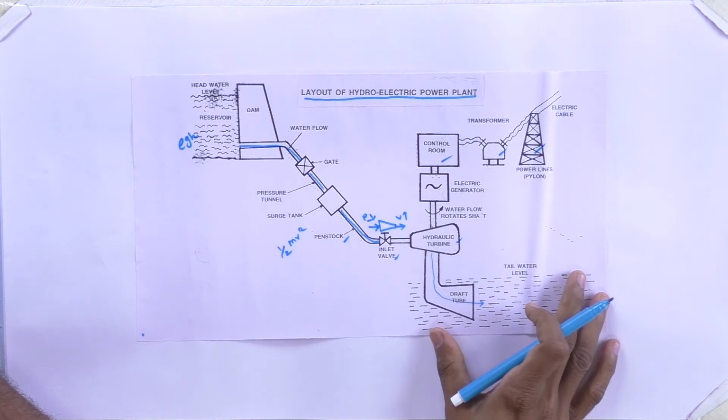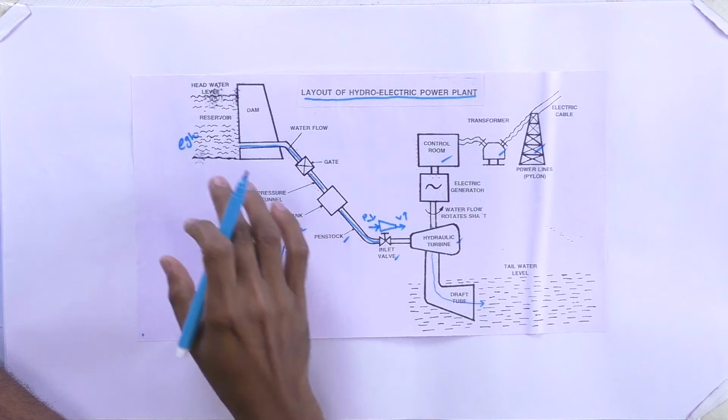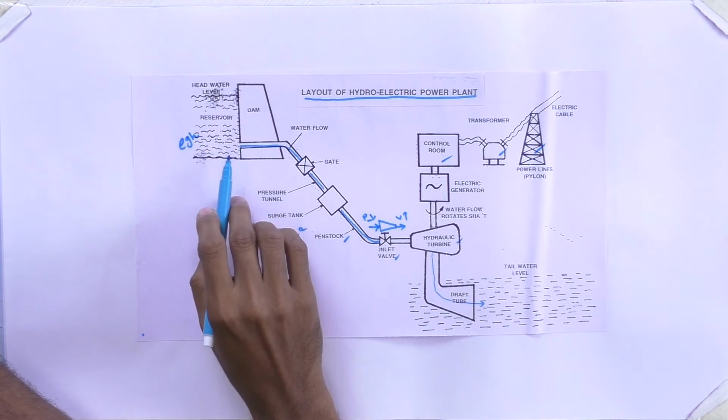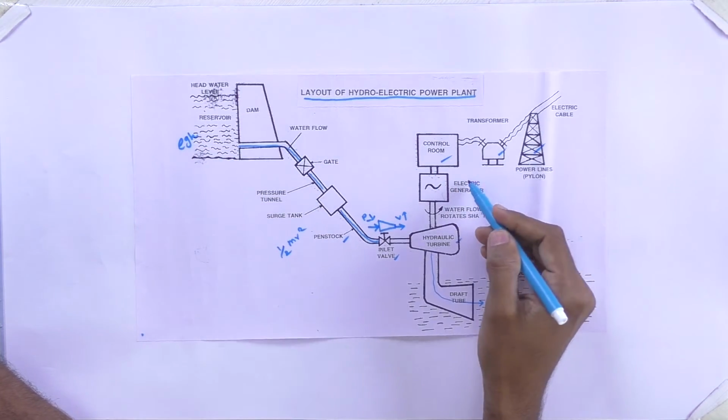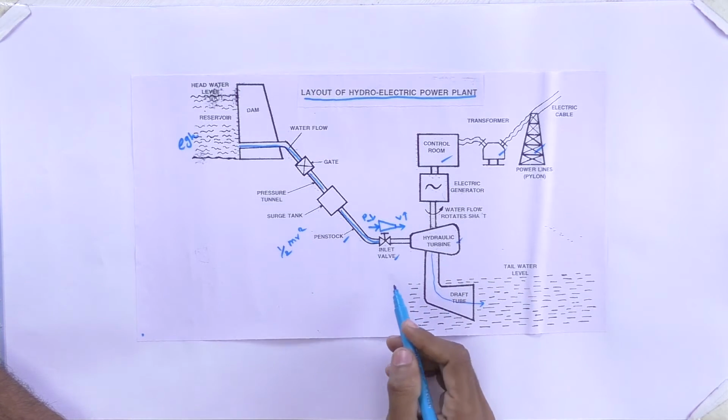These are the structures which are used to generate power from natural energy like water. The water is converted into electricity with the help of a hydroelectric power plant. So the main advantage of this plant is